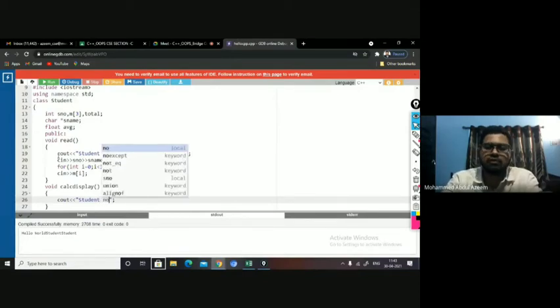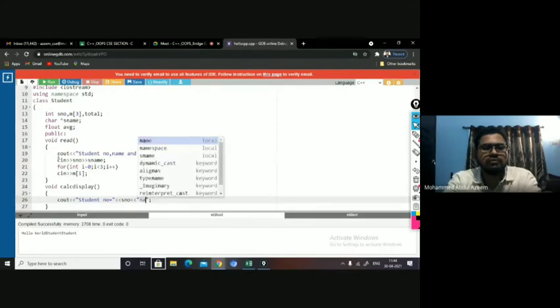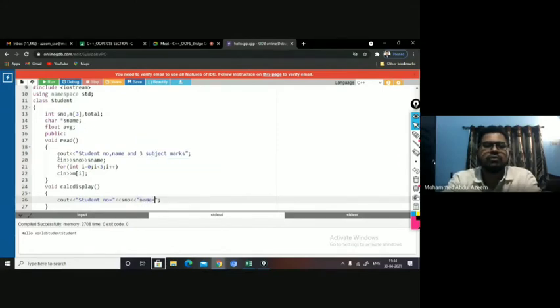Student number equal to, where it is available, in S number, right? With a single cout I can display number and name. So name equal to its name.